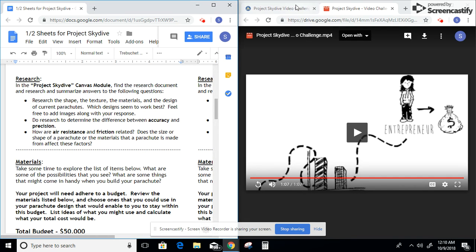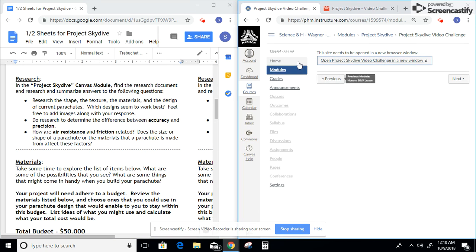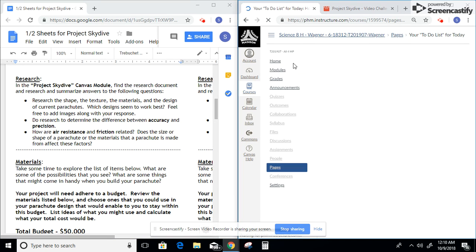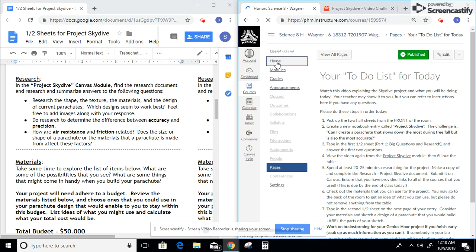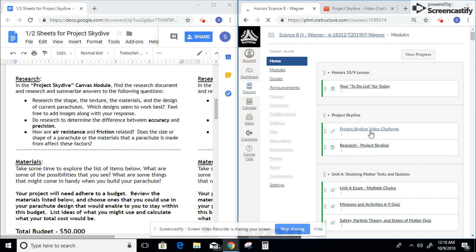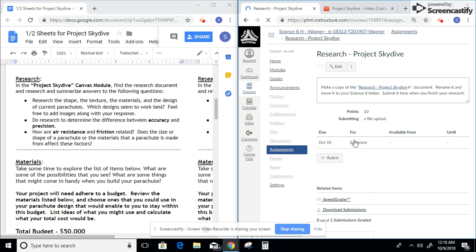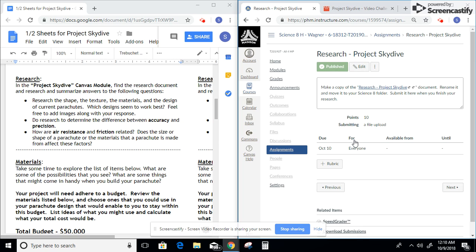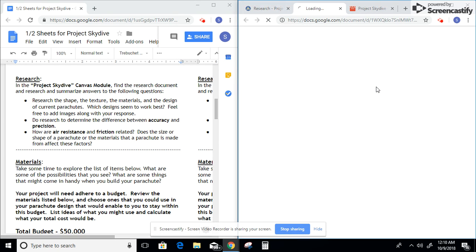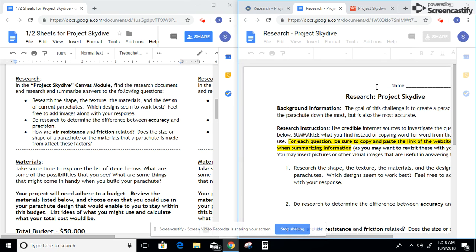So to get to your research document, let's go back. I'll go back home here. You go back into your Project Skydive module, and you're going to click on the Research Project Skydive link. And like I said, some of you guys had already done this, and you've already started it. But you're going to take this document, you're going to make a copy, and you're going to do a